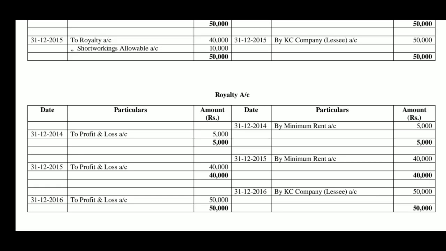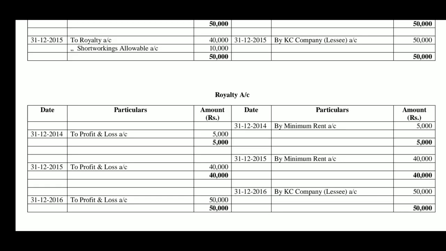So, royalty account, when minimum rent is transferred to royalty account, as we have seen above, royalty account is credited. So, royalty account credited by minimum rent account in the first year. Then, since it is an ordinary income, finally it is transferred to P&L account, royalty account debtor to profit and loss account. Thereby it is closed. In the second year also, by minimum rent account 40,000, it is transferred to P&L account, royalty account debtor to profit and loss account 40,000. In the third year,